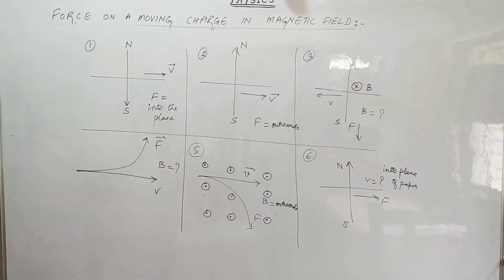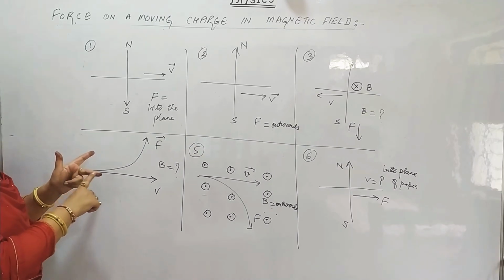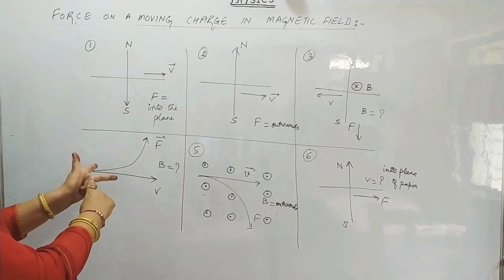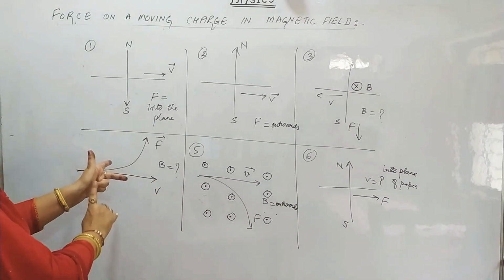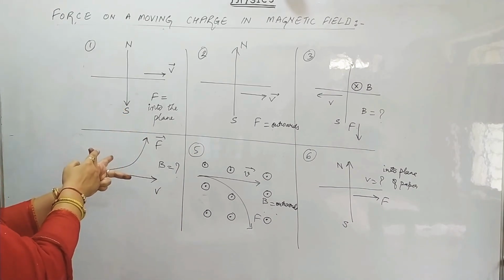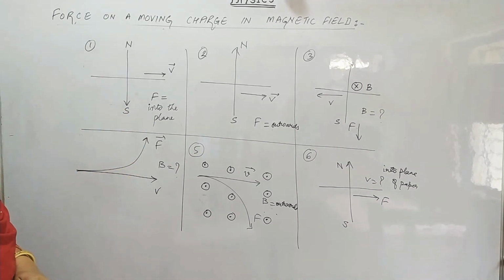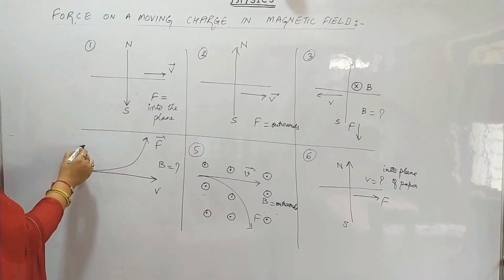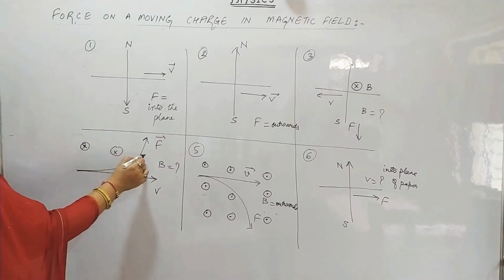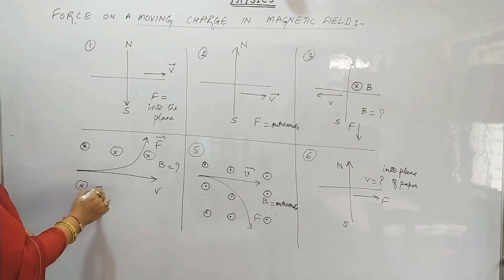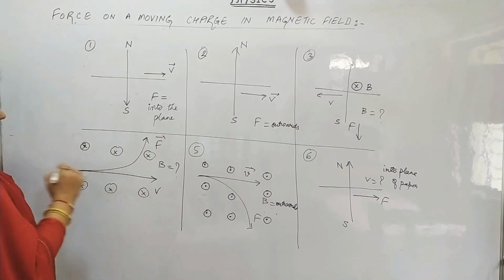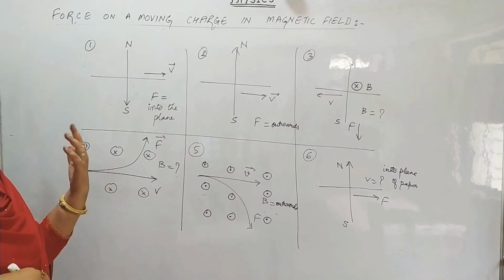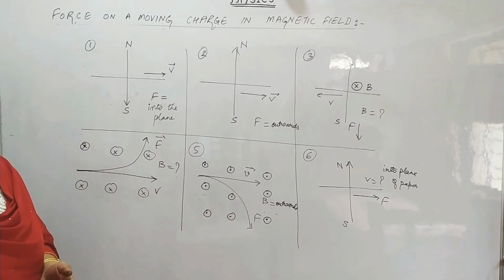So again we apply the left hand rule. This was the motion of the charged particle; it was moving like this and turned upward. The force is this. So what is the direction of the magnetic field? The direction of the magnetic field is into the plane of the paper. So we draw this magnetic field into the plane of the paper. That is how we decide the direction of the force, direction of the magnetic field and direction of the movement of the particle.